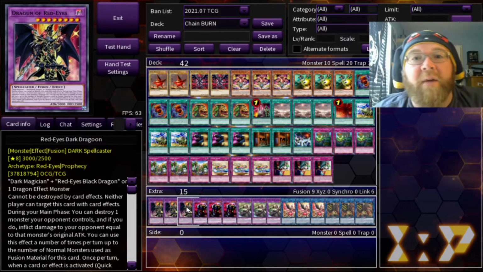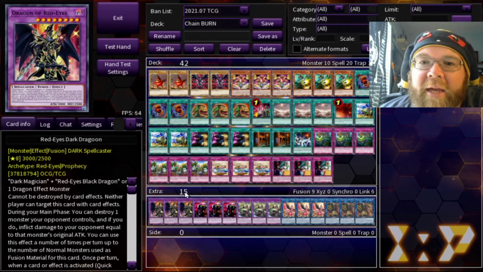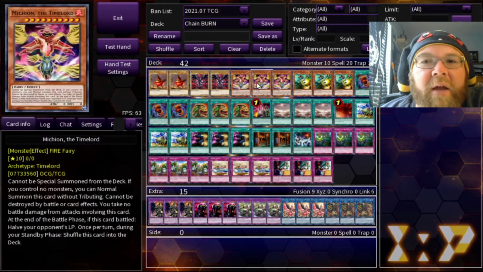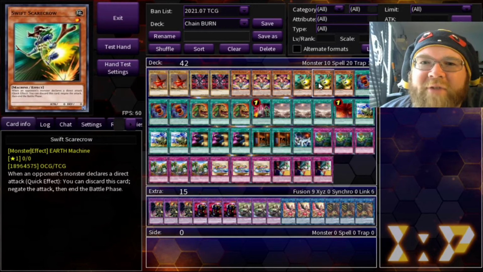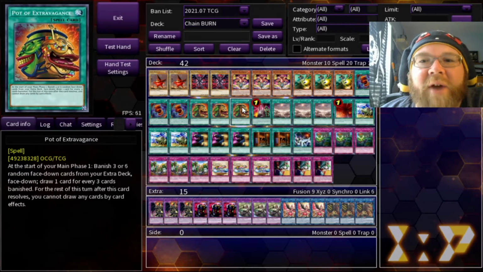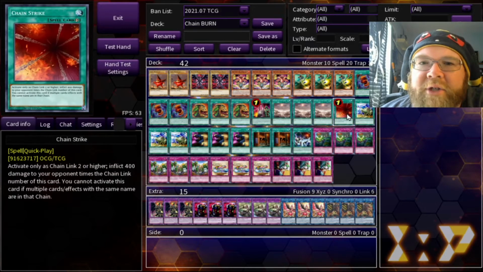So for today, we're going to be going over the deck list, and then we're going to go into some live replays. The main deck today, we got ourselves 2 copies of Dark Magician, 2 copies of Red-Eyes Black Dragon, 3 copies of Yugioh the Time Lord, 3 copies of Swift Scarecrow, 3 copies of Red-Eyes Fusion, 3 copies of Pot of Extravagance, 1 Demise, 3 Demise of the Land, 1 Chain Strike,